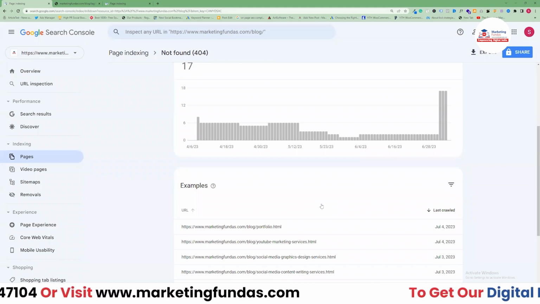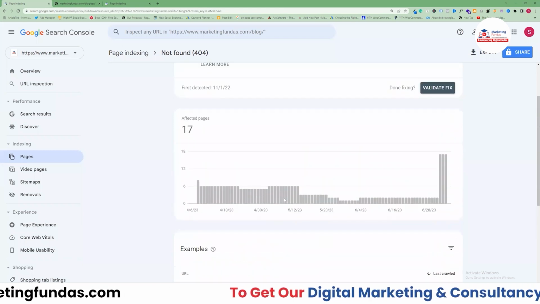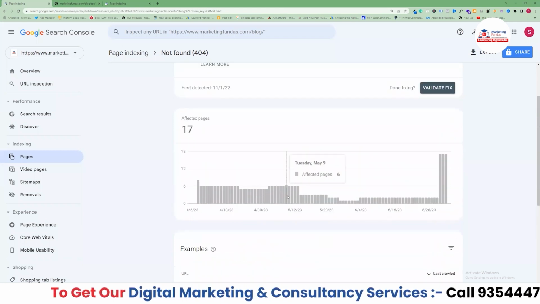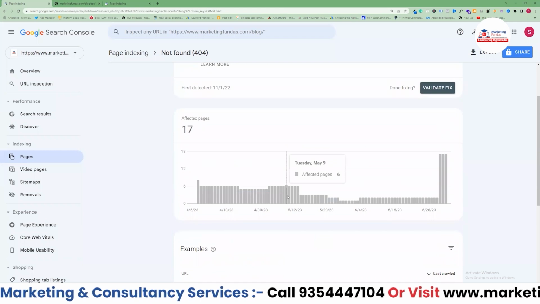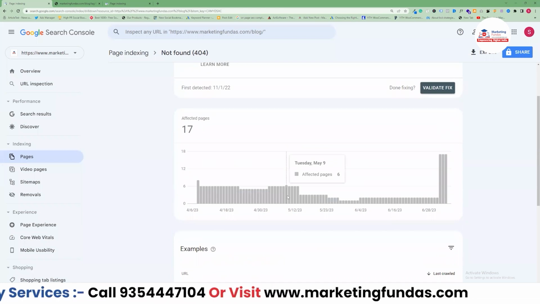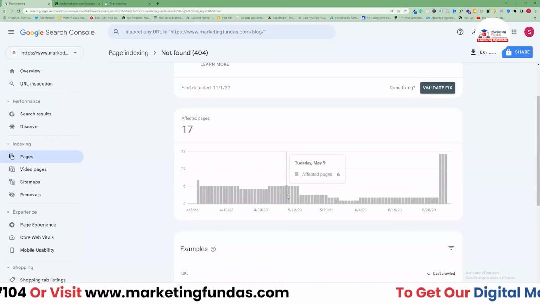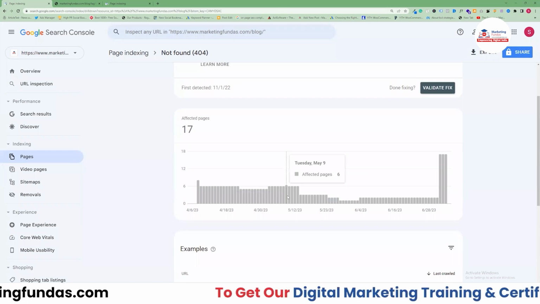Here 404 errors are visible. So how many pages are there in it? How many affected pages? 17 pages. There are 17 pages. What should you do? You validate it. In case it is not fixed even after validation,